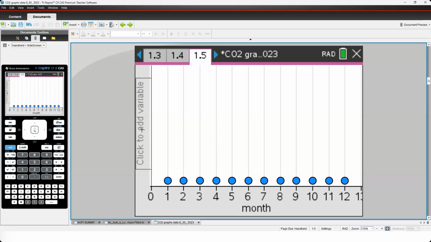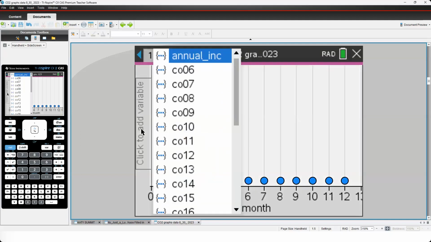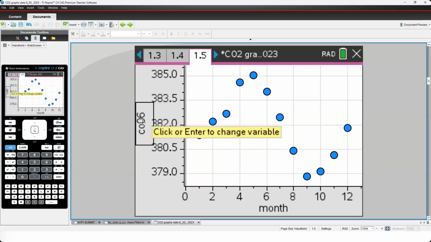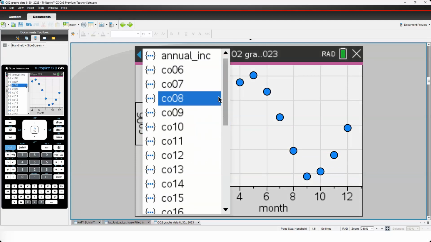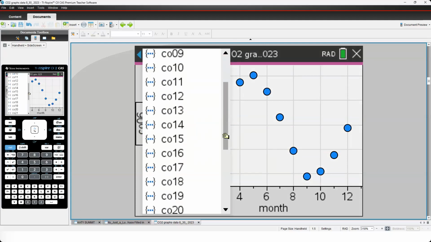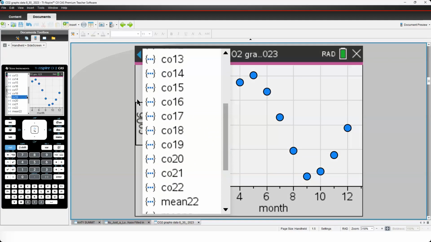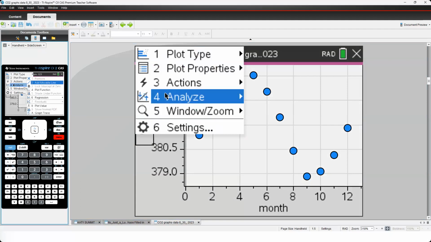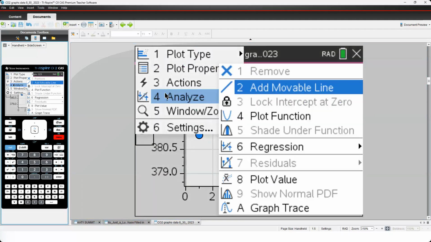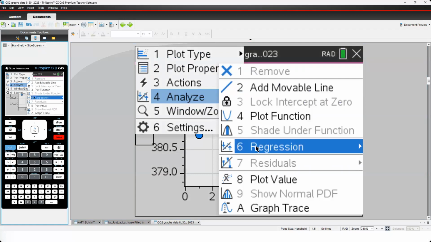Okay, and let's pick CO06. Okay, and let's check. No, we're not going to add any more variables this time. We're going to actually go to menu. So we're not going to put anybody else. We're going to go to menu and we're going to do a regression, just like Rachel did before.